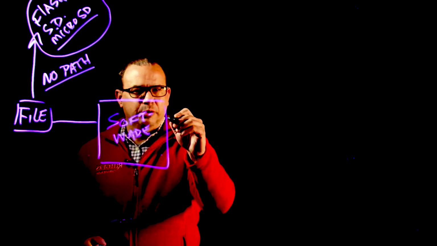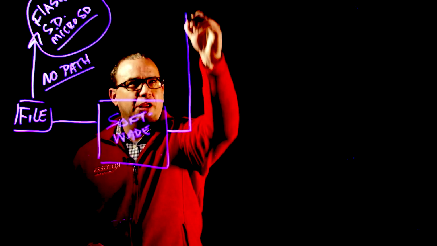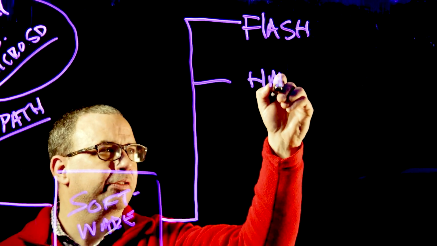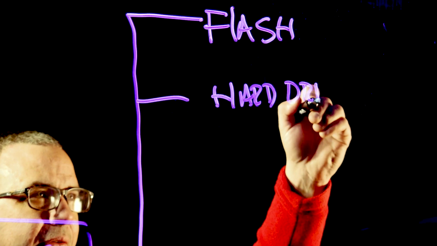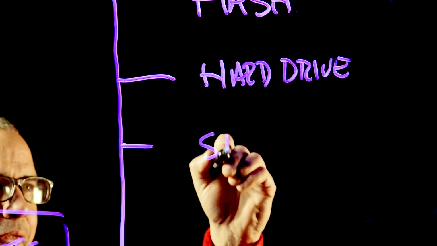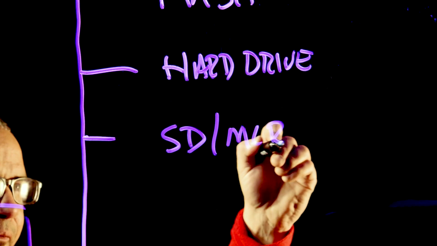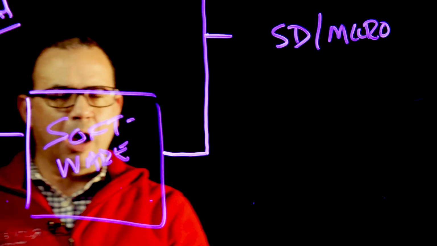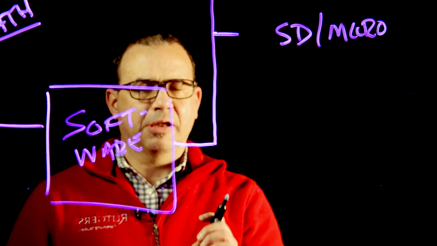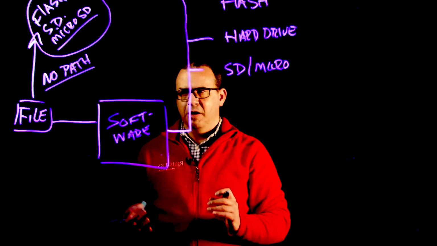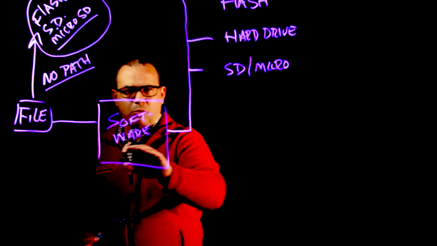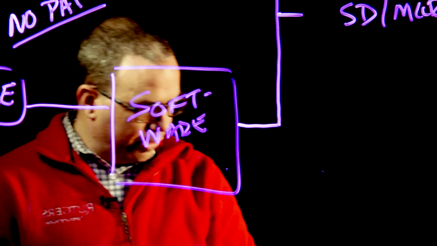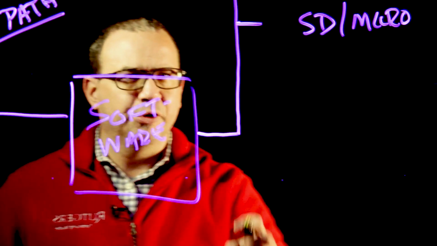So what I can do now, if I come out and I come to the same three things or four things, now what happens is I'm making an exact bit-for-bit copy of that file or that folder. My idea is we're taking the entire folder, we're putting that folder onto a flash drive, hard drive, or SD micro card. This software that you're talking about has the ability to put in line